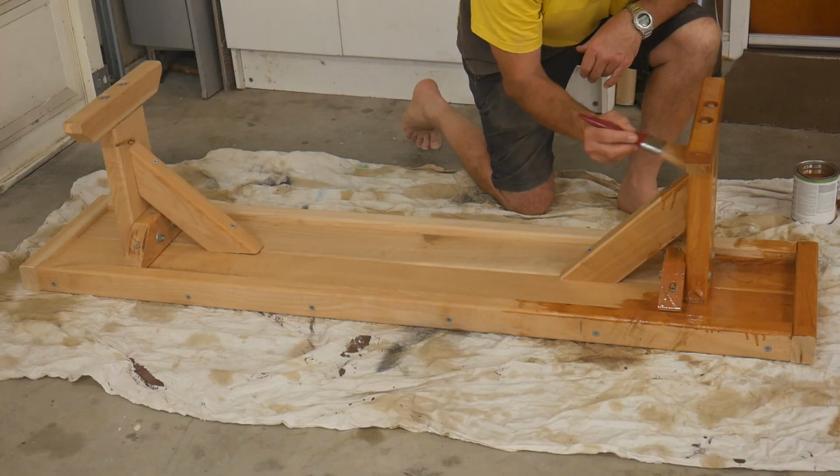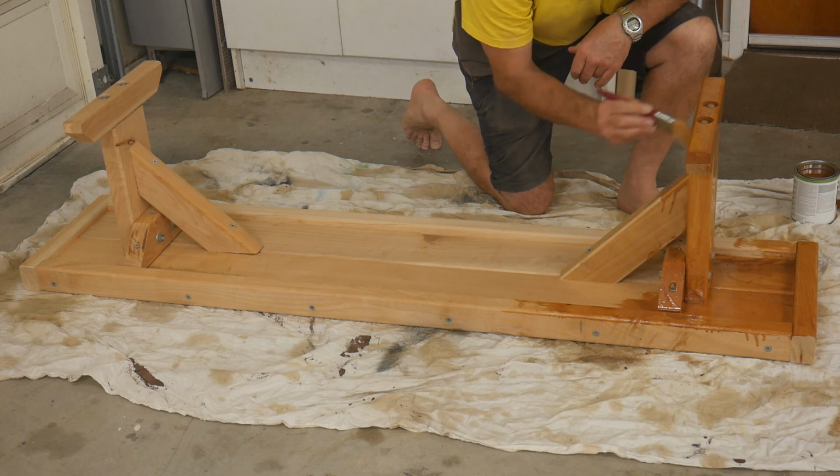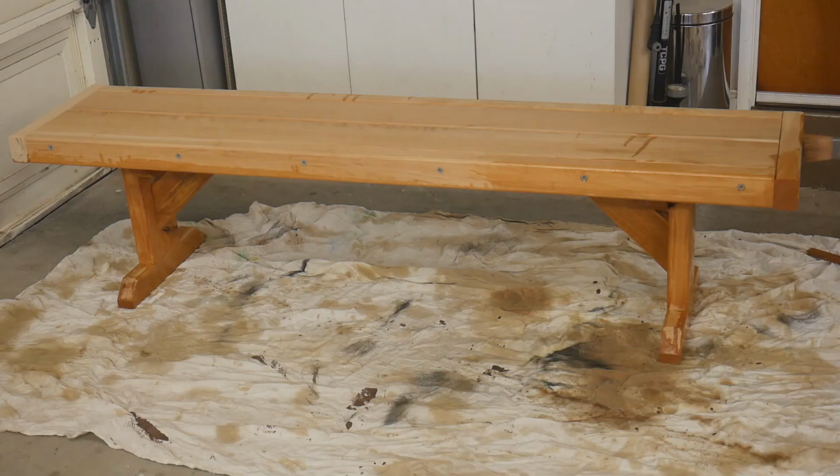And now we're just doing the finishing touches, oiling the seat, which will protect it from the outside conditions. We're using Osmo